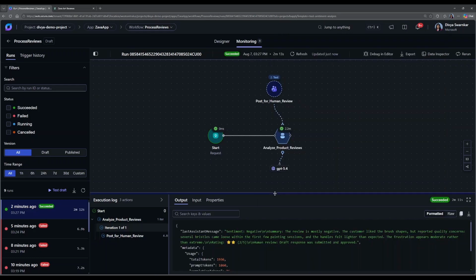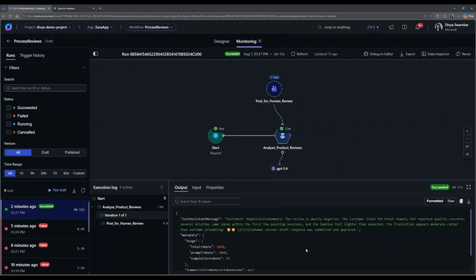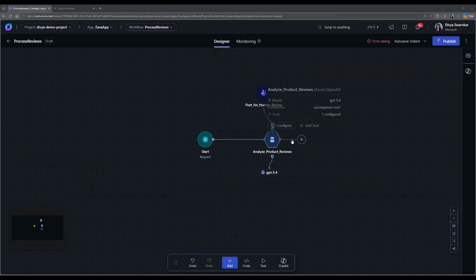And at this point, my workflow is completed, and here in the agent output, I can see the analysis from the agent as well as in the metadata. There is also token usage that's provided. So now